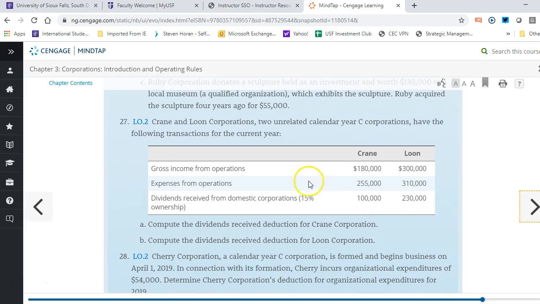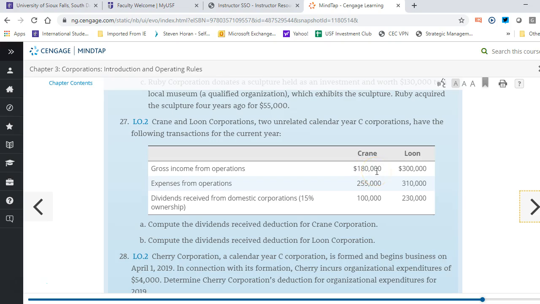Okay, question 27. Crane and Loon are two unrelated calendar year C Corps. They have the following transactions for the current year: gross income for each, expenses for each, and dividends received from domestic corporations, 15% ownership. So now the question is to compute what is the dividends received deduction for Crane and then Loon. Remember that when corporations own stock of other corporations and receive dividends, they get a deduction for that. So for 27, we should take a look here and notice that